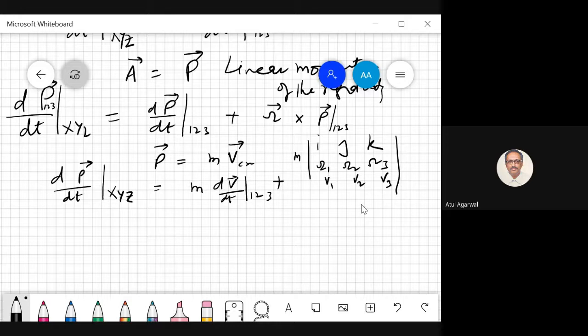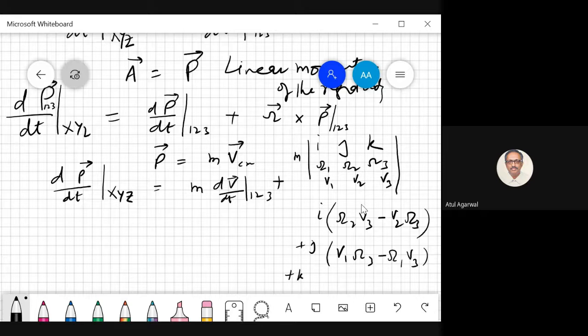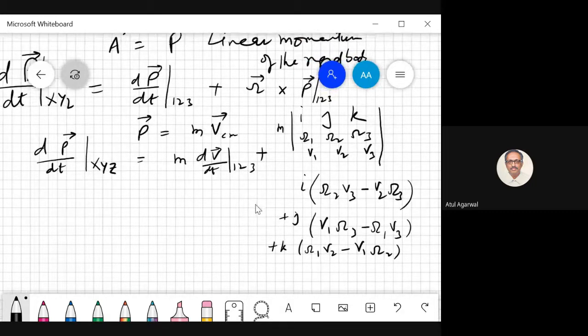So if you expand this term, what is this equal to? Take the I component: omega 2 V3 minus V2 omega 3. What is your J component? V1 omega 3 minus omega 1 V3. What is the K component? Omega 1 V2 minus V1 omega 2. Any problem? So this will be equal to,